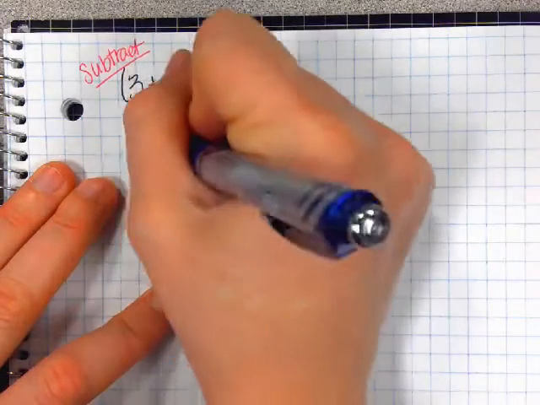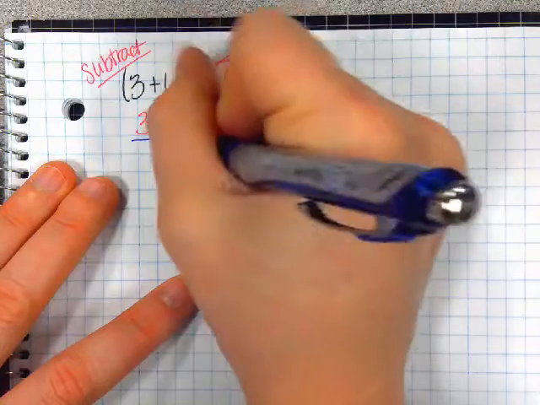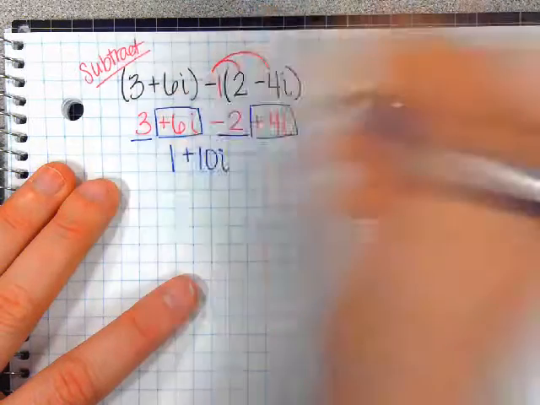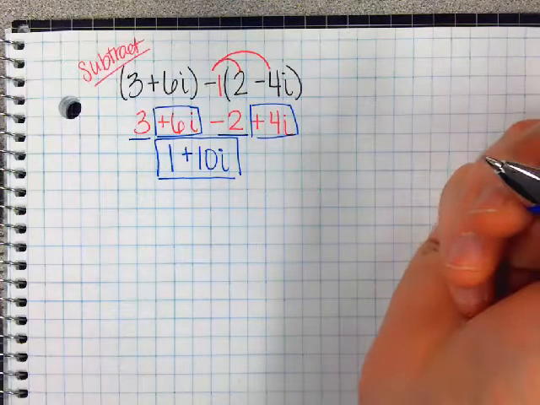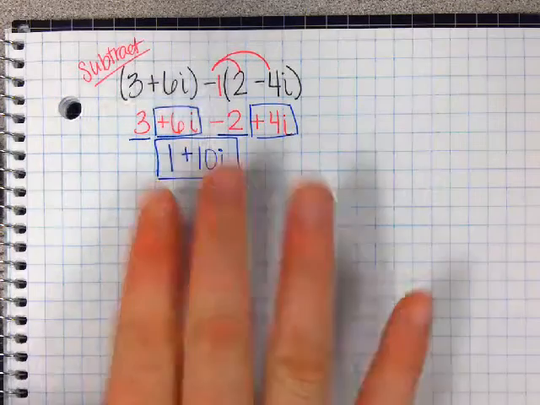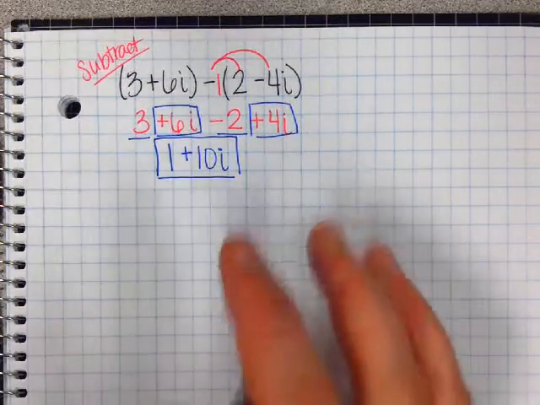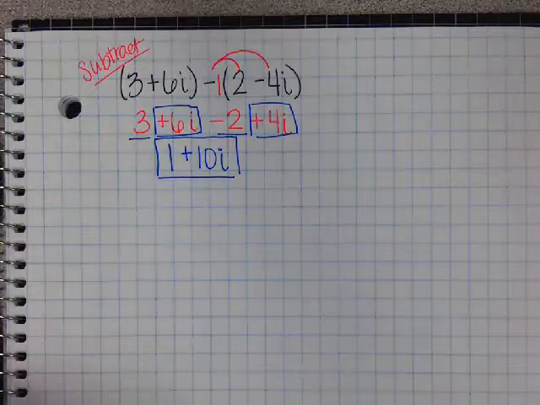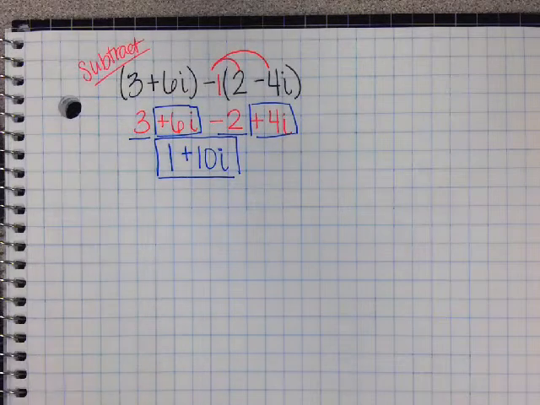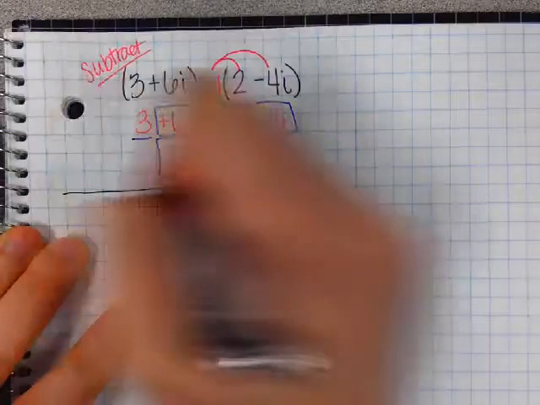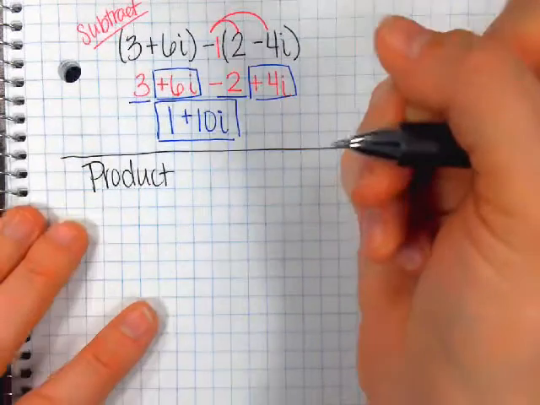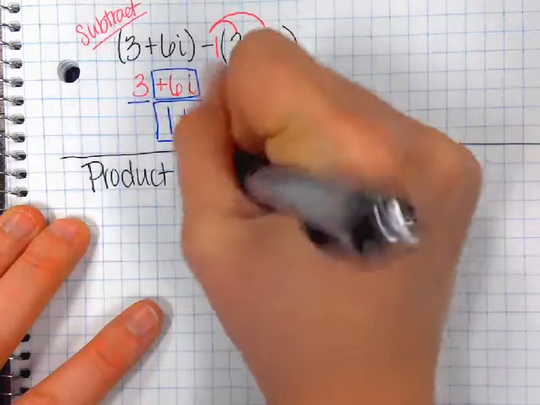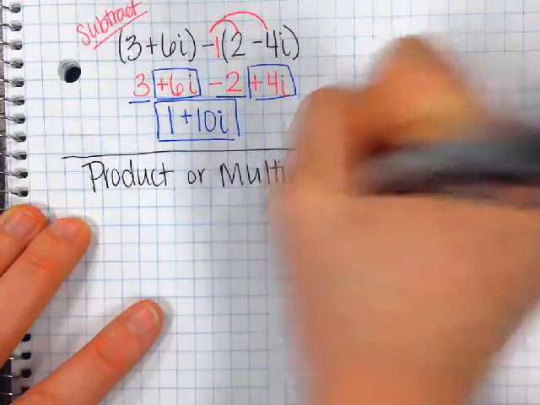Combine the numbers with the numbers. So 3 minus 2 is 1. 6 plus 4 is 10i. So that should be pretty simple, just like we've been doing for a while. Since there is no multiplication, there's no i times i or i squared. We will do that though when we multiply. So here we're going to do an example of finding the product, or multiply,